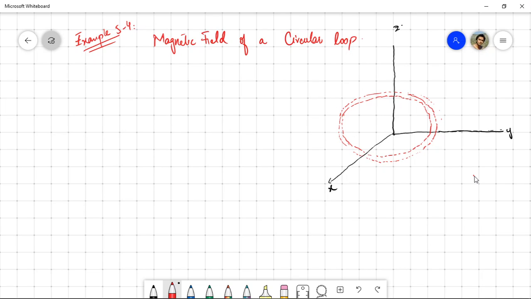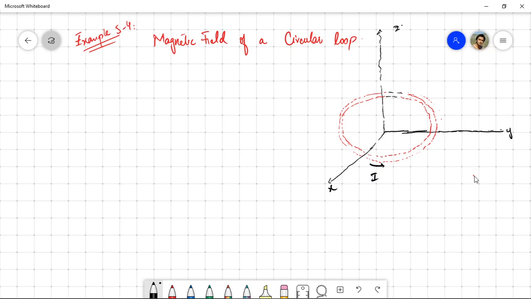Although its orientation is a bit messed up in this drawing because it has to be symmetrical, let's just say this is the center of the circular loop, and this is the z-axis. He's saying that the current is flowing in this direction,